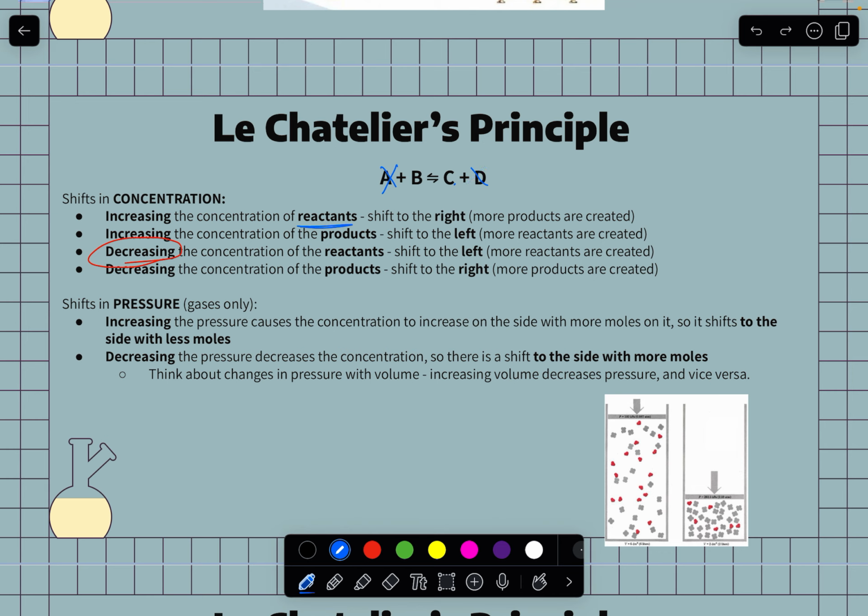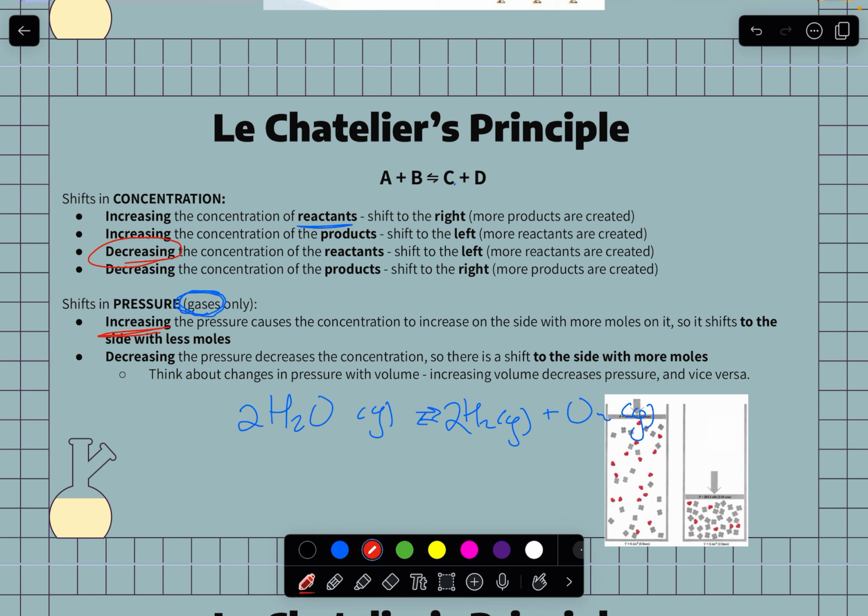All right. Pressure is similar, but this is going to be only for gases. With pressure, we're going to think about it also with volume and moles. So let me make an example. If we have H2O gas in equilibrium with H2 gas and O2 gas, so we'll need a 2 there and a 2 there. Okay. So if we increase the pressure,